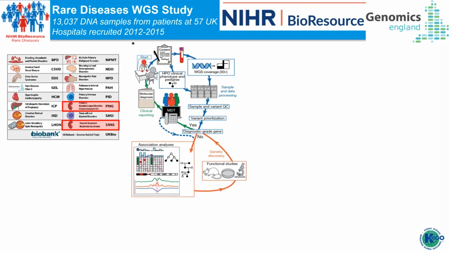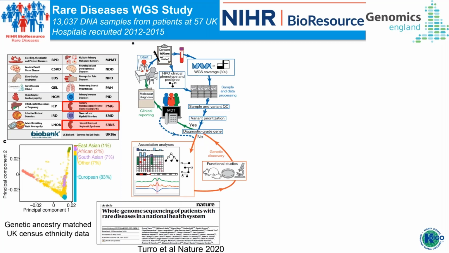The experimental design is that patients gave informed consent for whole genome sequencing. They gave a blood sample, they had their phenotype captured by HPO codes, and diagnostic grade gene variants were discussed in a multidisciplinary team, including geneticists, and fed back to patients. Where diagnostic grade genes weren't identified, various types of association analyses and functional studies were undertaken in the hope of identifying molecular diagnoses. The genetic ancestry was closely matched to UK census ethnicity data,